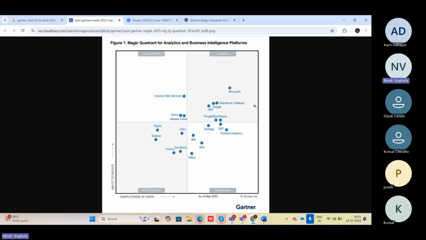It doesn't have something like Power BI Desktop, where we can do our work, or Tableau Desktop, where we do our work. For QuickSight, we have to do all the development in the web browser itself. So it's a web browser app. And this is what we call the Gartner chart. That's why we have to stick with the leaders category always, and keep our eye on this.